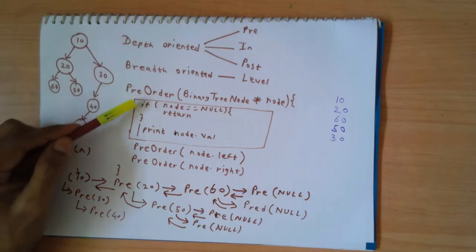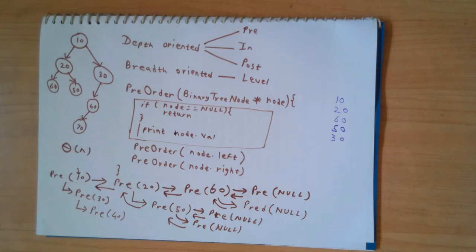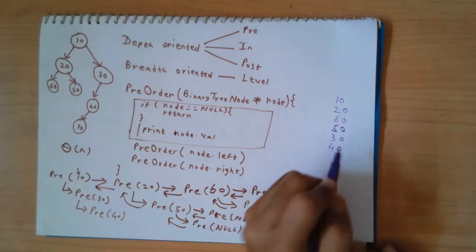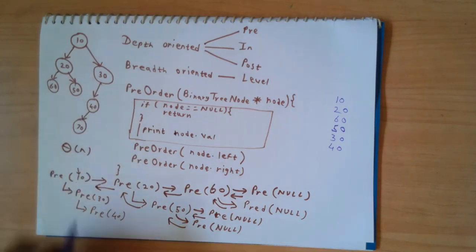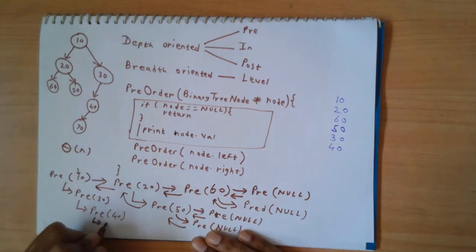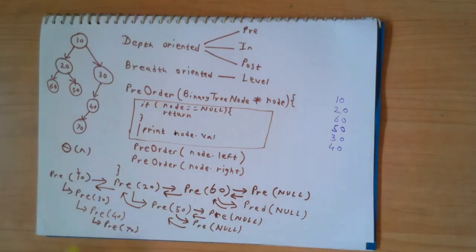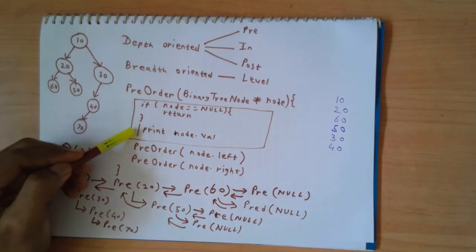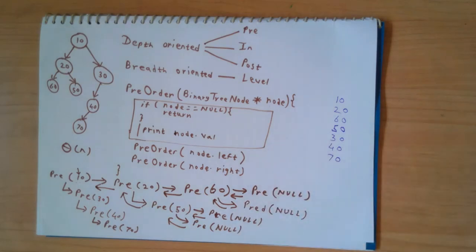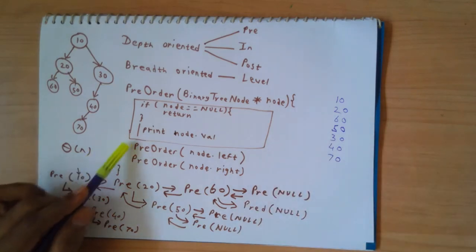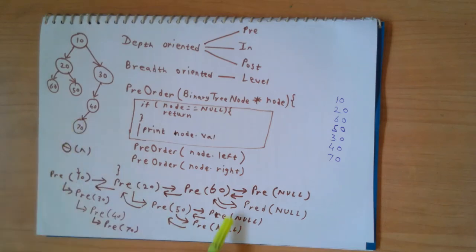So we come back, 40 is not null, so we are going to add 40 to our output, and then we are going to call pre-order traversal on the left child of 40. Okay, so the left child of 40 is 70, so I'm going to have pre-order traversal with 70. And again, I'm going to check if 70 is null. It's not. I'm going to print the contents of the node 70, and then we are going to have pre-order traversal on the left and right, but 70 is a leaf node, so this case will repeat.